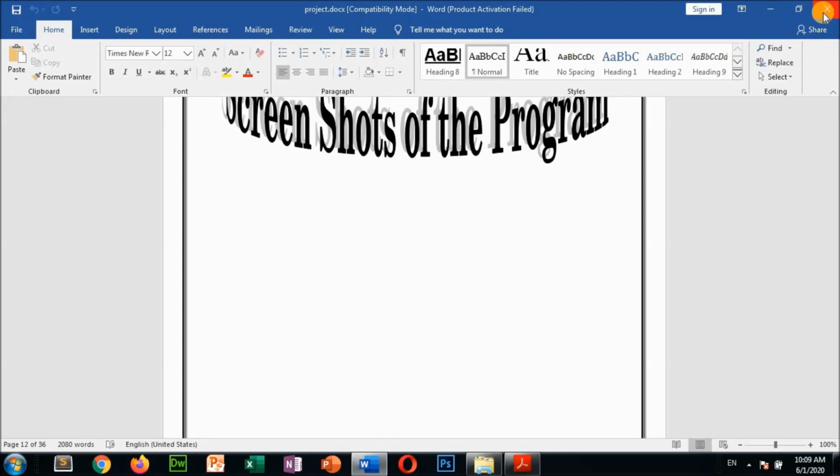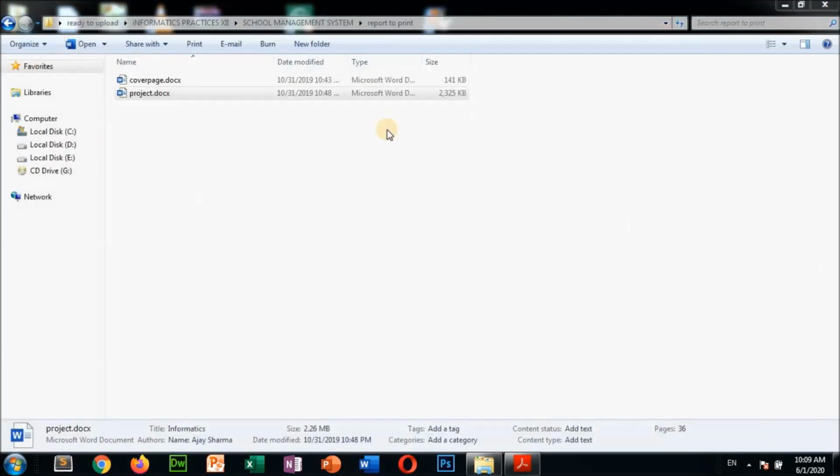Each of you has to create a separate project, right? In a group there may be 2 or 3 members, maximum 3 members in a group. If you want to work in a group you can, and if you want to do it individually, you can do it individually also. This type of report you have to make. I will send it to you in mail.